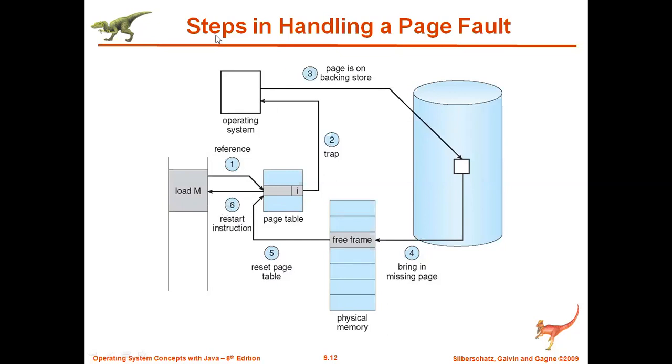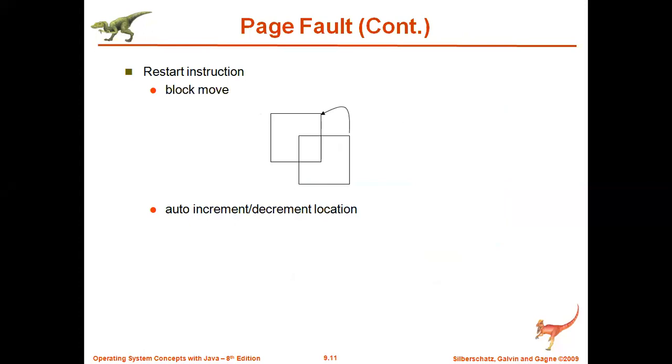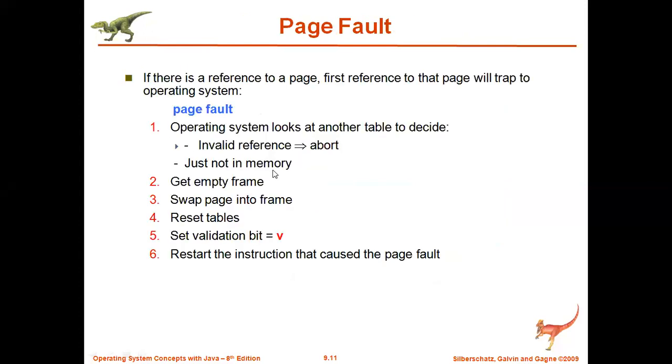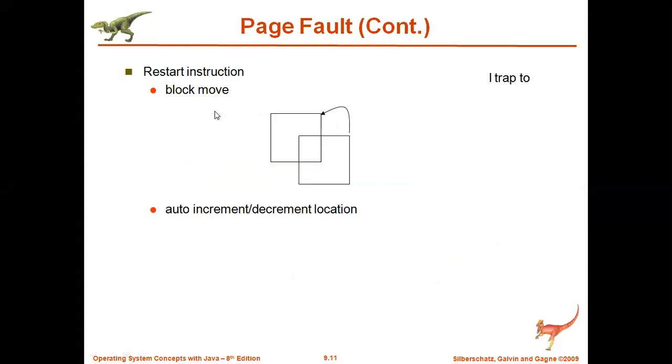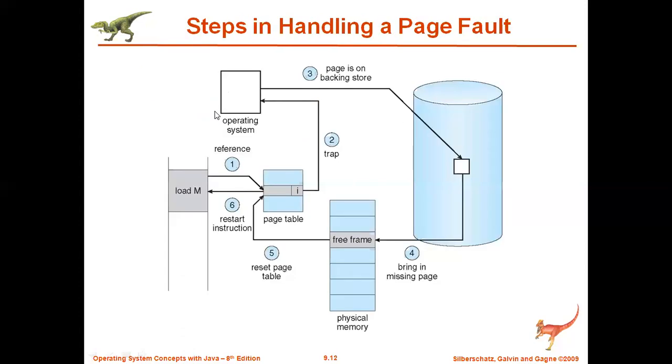So these are all the steps of handling our particular page fault. This is how we need to handle our page fault. So that is what we call a page fault. If the page is not there in the main memory, then you should do all these steps to get that page into the main memory. Guys, is it clear?